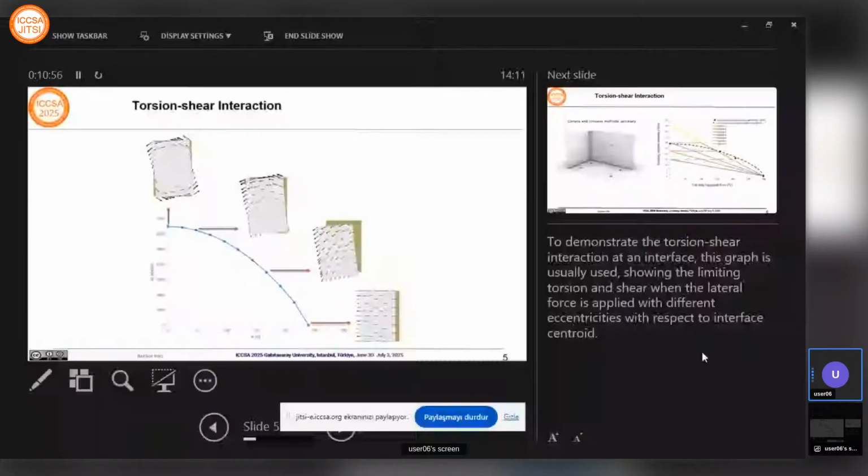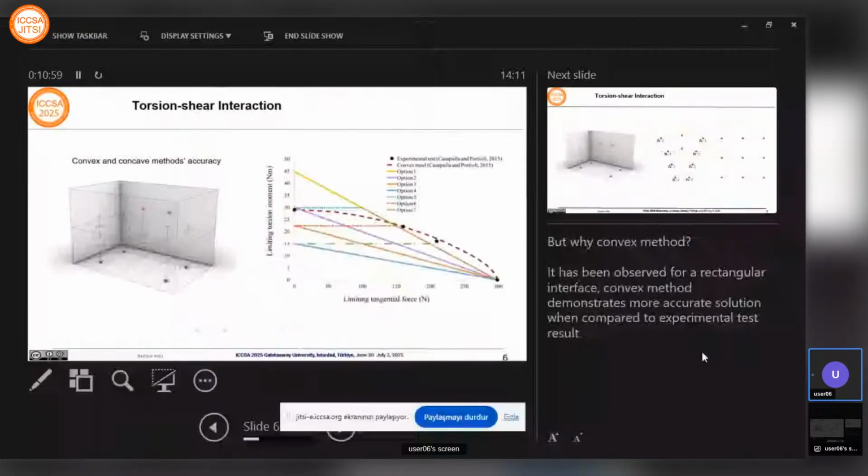We can observe that, at least for the case of rectangular interfaces, the convex method, in which, as I said, the interface is just abstracted to one single contact point in the middle, is much more robust and accurate. And as you can see here, for example, the graph corresponding to the convex approach is more similar to the result that we found by experimental test, and